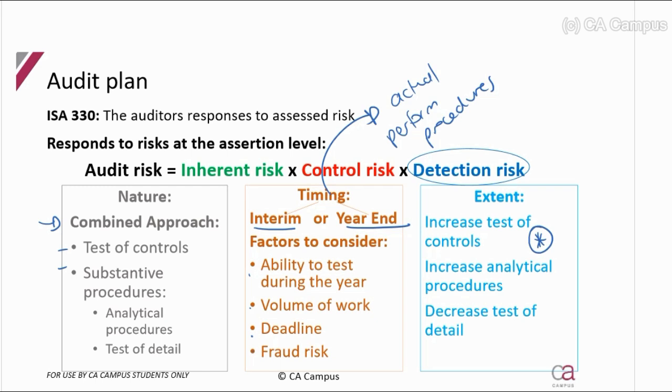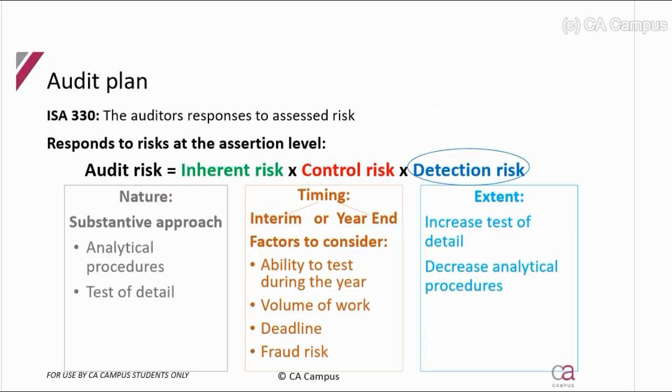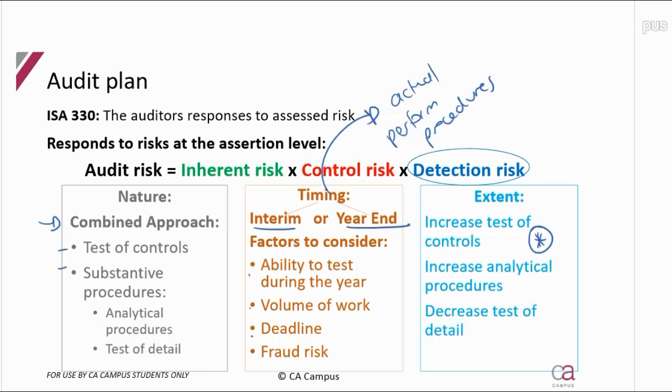That's going to help me now when I do my testing. Must I do more test of controls, more analytical and less test of detail? Or if we've chosen a substantive approach, the fact that I'm going to have to do lots of test of detail, less analytical, again, when am I coming in? It was all based on the plan. So now we need to actually discuss how I'm going to go about performing and gathering the evidence for, specifically today, our test of controls. Okay, and from the weeks following, we will then look at substantive. So let's see what audit evidence is